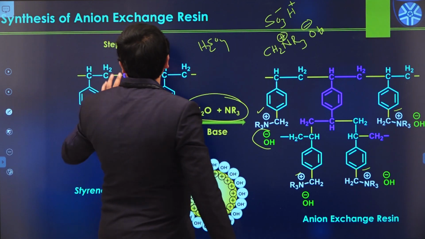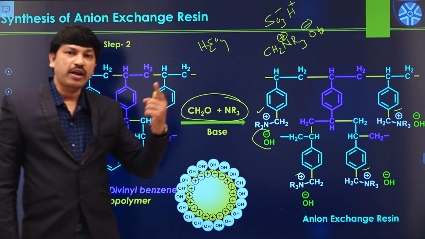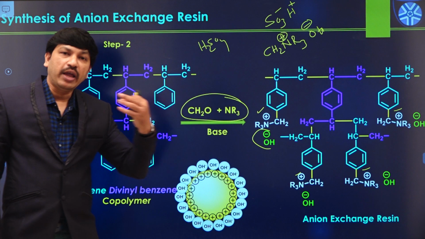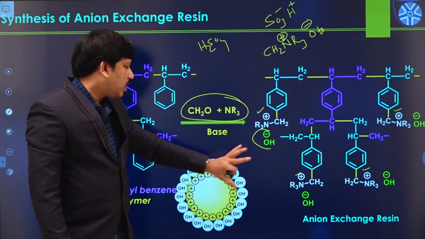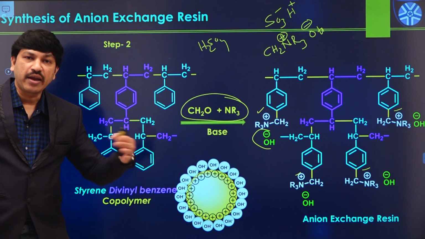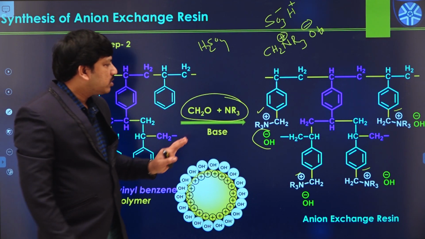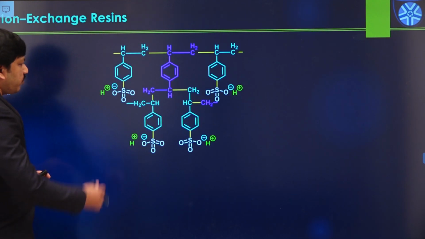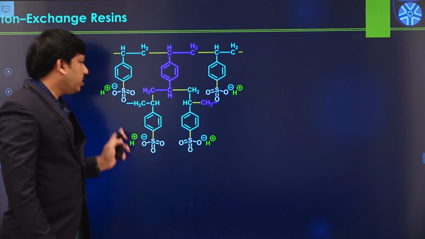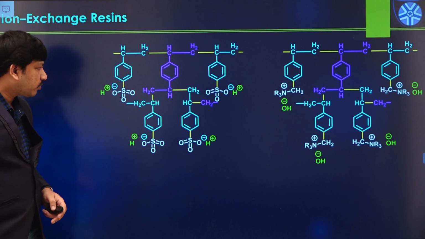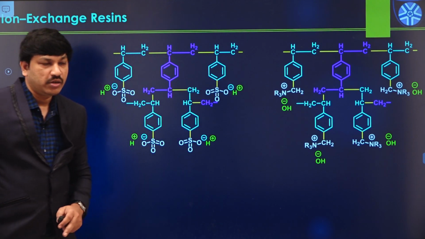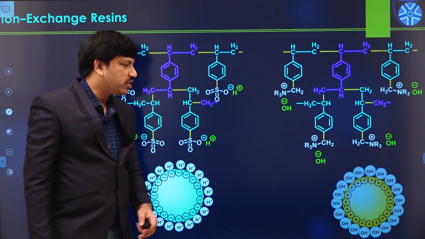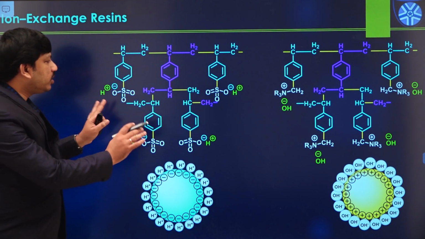So the ion exchange method requires two important reagents. One is the cation exchange resin, the other one is the anion exchange resin. The cation exchange resin is useful to exchange all types of cations available in the solution, and the anion exchange resin is useful to exchange all types of anions available in the given water sample. So in this case two different reagents are required. This is the cation exchange resin, and this is the anion exchange resin. This is the representation of the cation exchange resin, and this is the representation of the anion exchange resin. So we need these two reagents.